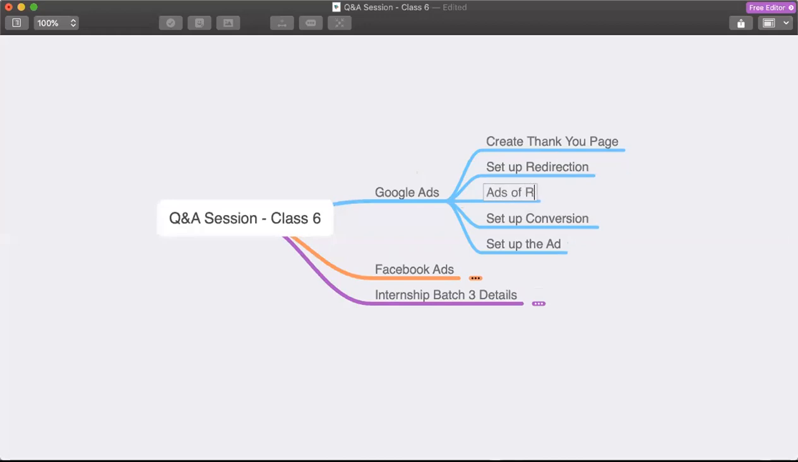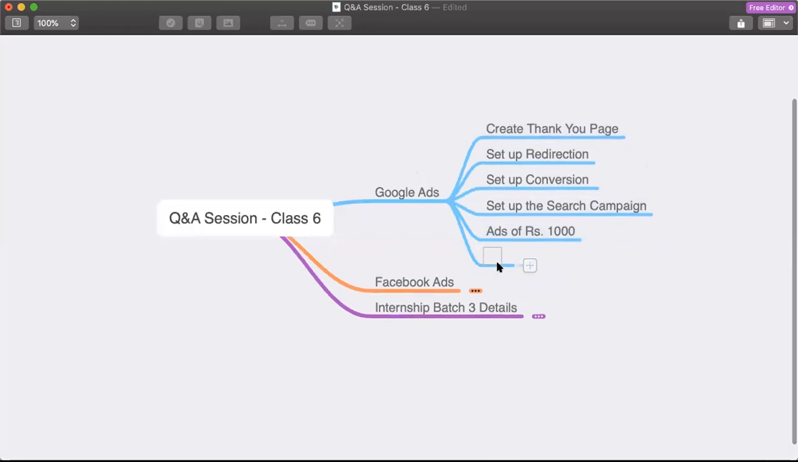Run ads of ₹1,000, try to stick to this budget and set up the campaign. In fact, I'll just make it a search campaign, ₹1,000, and that's pretty much it. You need to create a thank you page. You need to set up redirection. You need to set up the conversion code. You need to set up the search campaign, and you need to run ads of ₹1,000, and you need to measure